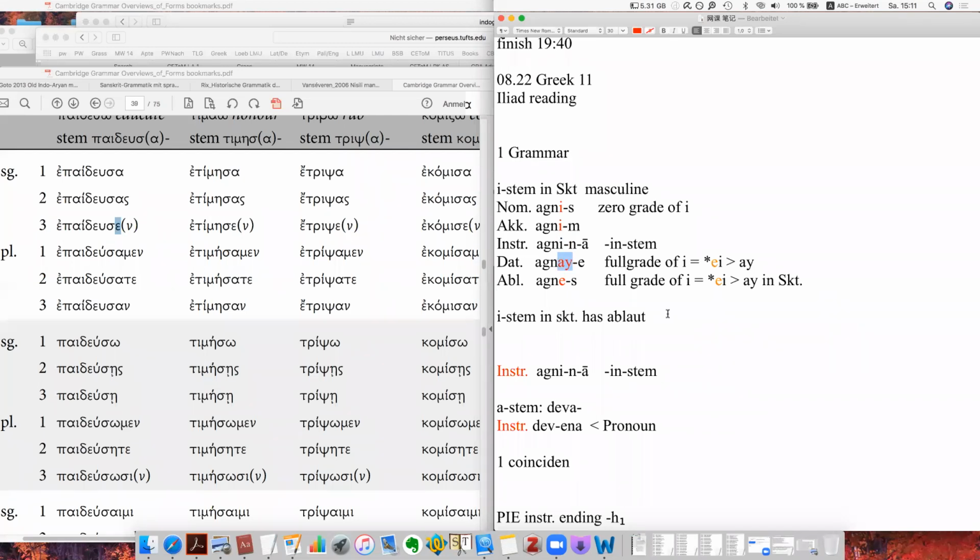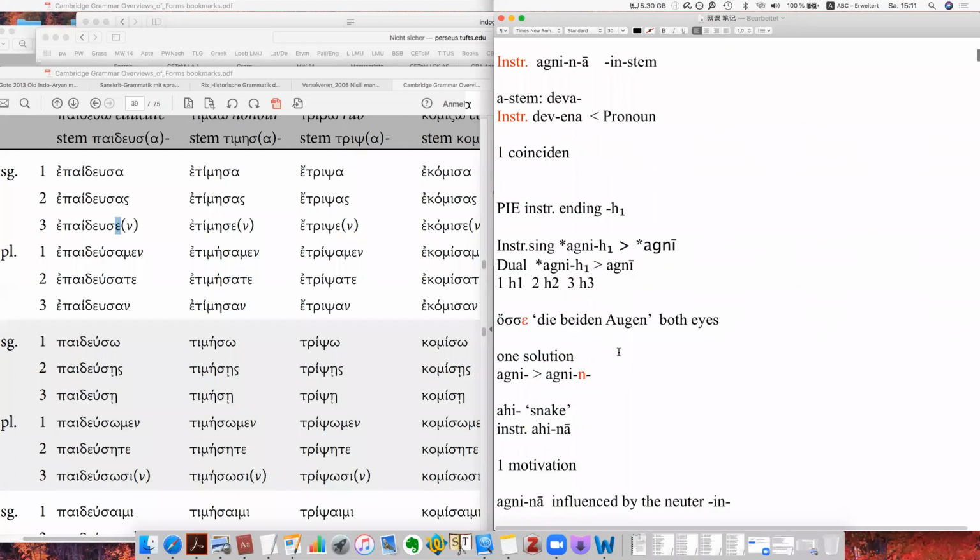Yeah, we try to explain this phenomena. It goes back actually to ablaut. So this one is actually four grade, the four grade of E, and this N actually goes back to